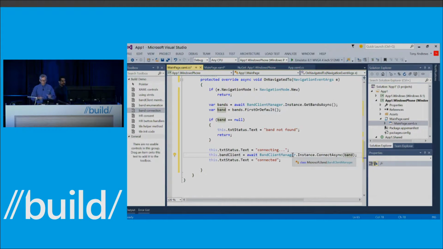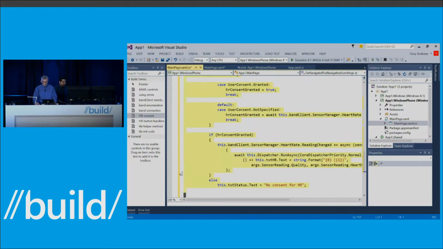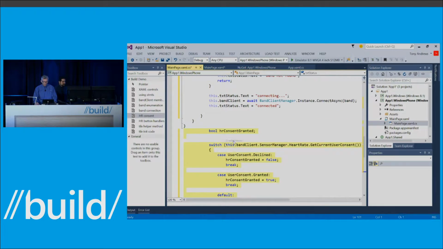And one of the things I'll show you here is how we deal with that authorization step that Ali was talking about. So I'm going to drag in a snippet of code, and what we'll look at is how we check to see if we already have authorization, and if not, how we go and ask the user to get their permission to receive their heart rate data. So we'll drag that in here. And the SDK remembers. So if you've asked the user once for their permission, we'll actually remember that, and so you don't have to ask the user every time.